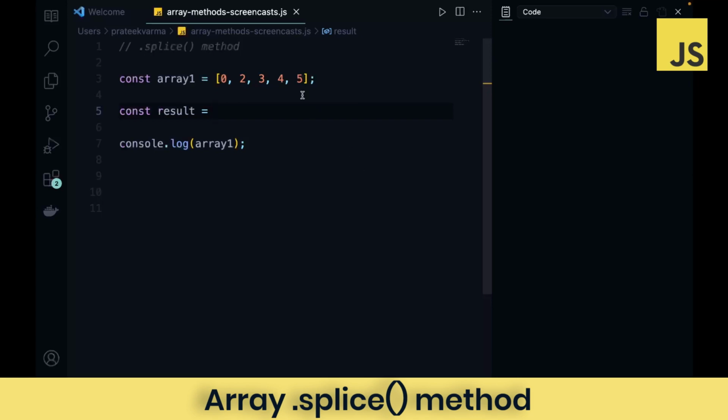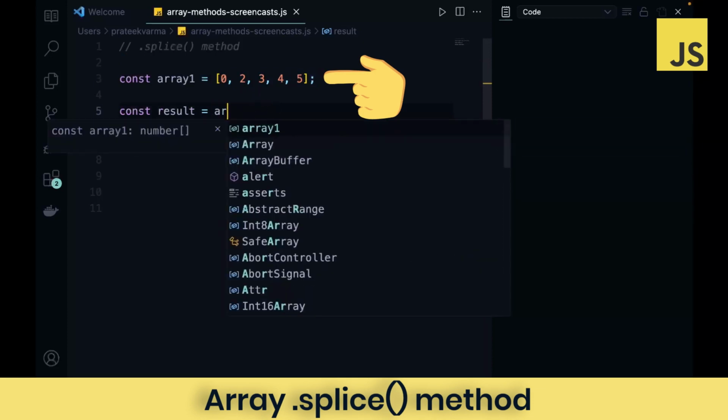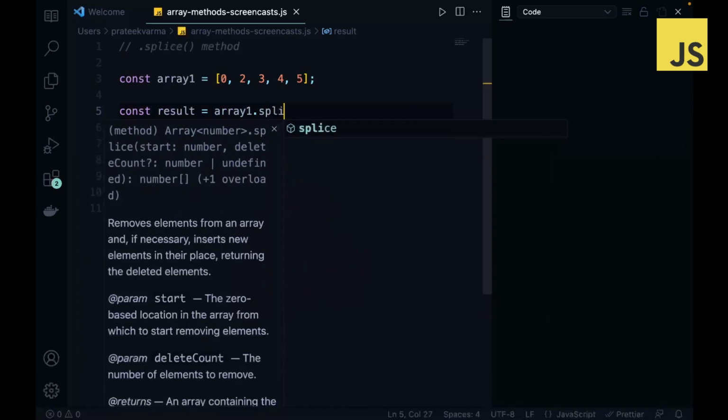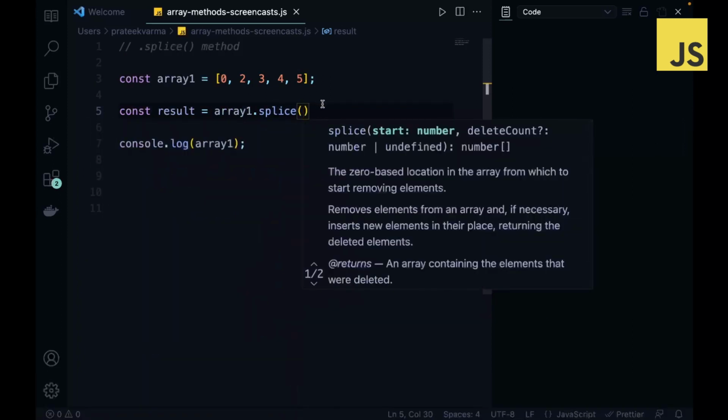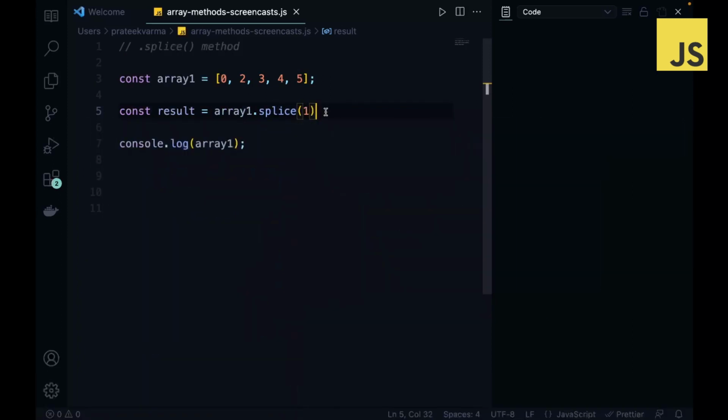As an example, I have an array of numbers. If I want to pass in just one parameter to array1.splice, if I just pass in the index 1, it will start from the first index, so 0, 1. This is the target index. And because I'm not passing any other parameters, it will by default delete everything starting from this index and then